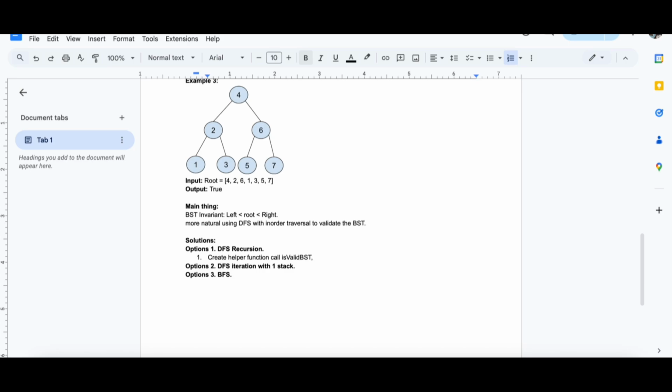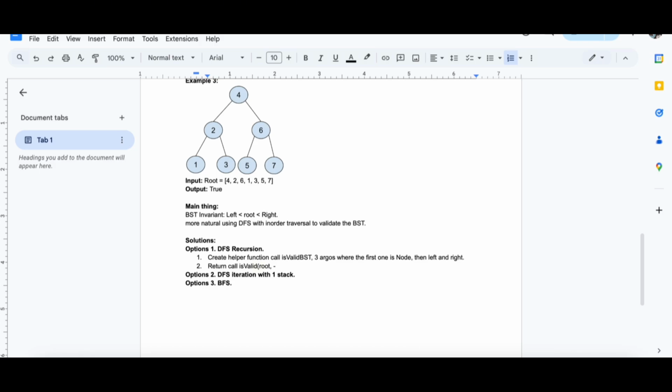The first one is the node, then the second and third are left and right. Then we just simply return a call to is valid, starting from the root node.